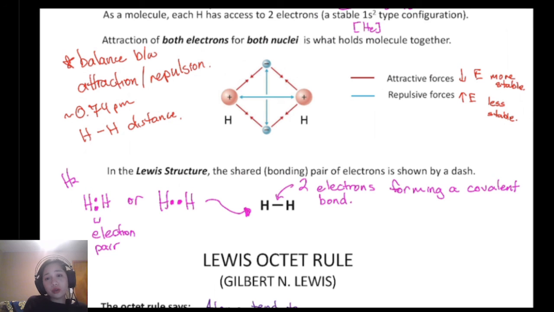So whether you depict diatomic hydrogen like this, with an H-dash-H showing the bond, or you could just write it simply as the molecular formula, it depends on whatever the question asks. If it asks for the Lewis structure for diatomic hydrogen, then H-dash-H is what you would write because you want to indicate electron pairing. All right. Okay, so let's